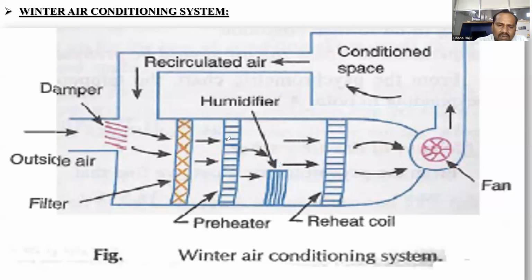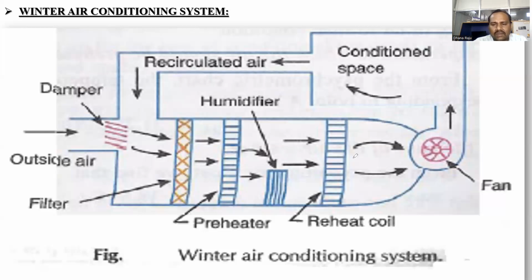So initially the air is heated in the preheater so the drivable temperature increases. In the flow path of air, we spray water particles or moisture in the form of tiny particles so that air gets humidified. So air is heated, air is humidified. If the temperature of air is less than the conditioned space temperature, automatically we need to use a reheating coil. So it is again heating the air so that the temperature of air and humidity of air is meeting the